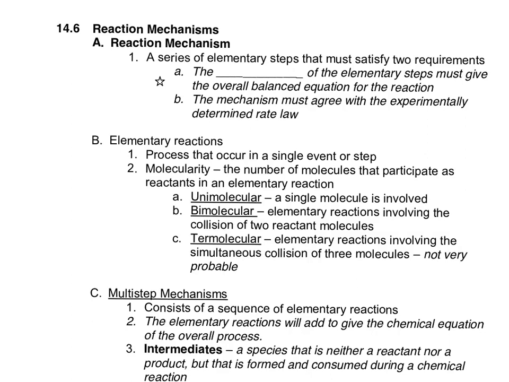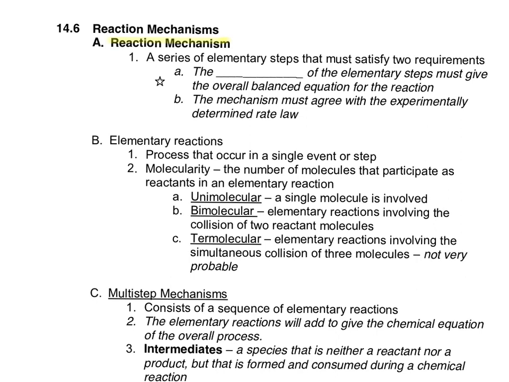Alright guys, in this section we're going to look at reaction mechanisms. Usually when we think of a reaction we think of A plus B yields C, but that's not really what happens sometimes. Sometimes A plus B yields something else, and then that something else reacts with something else, and it keeps reacting with other things until finally, eventually, we get C. We don't usually look at each step individually. Usually we just look at the whole sum, the overall reaction, but in this section we're going to look at